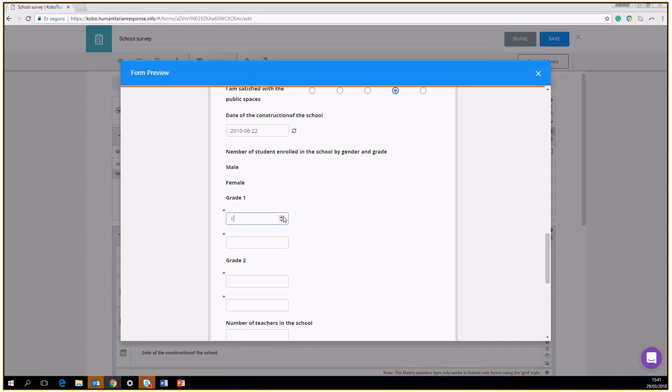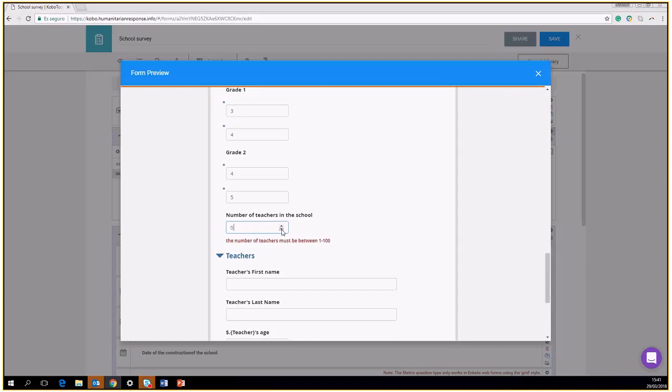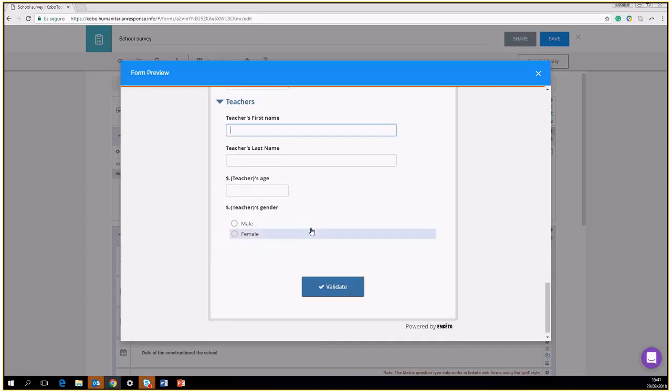Male, there's 3 male, there's 4 female. In grade 2, there's 4 and 5. So there's 1 teacher in the school. If I put 0, I get an error there. The number of teachers must be between 1 and 100. And here we get the